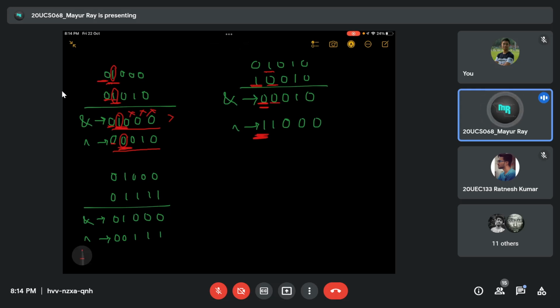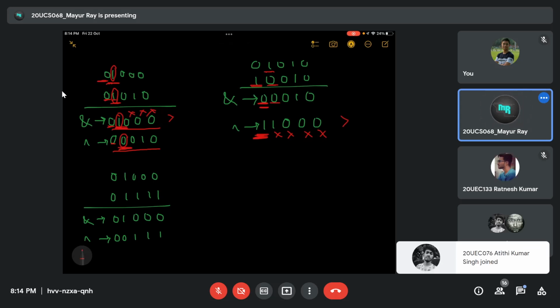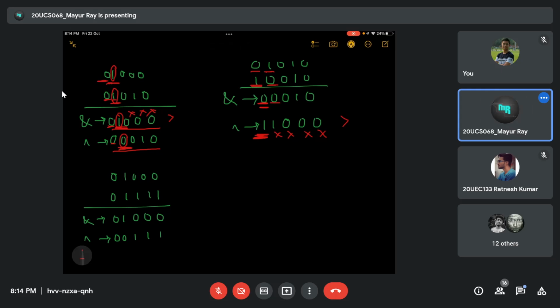So I can neglect the remaining parts, because they are not significant. Here you can see that the XOR value is greater. Since the first occurrence of 1 is in different positions, the AND value becomes 0 and the XOR value becomes 1, and as the XOR value has 1 in the most significant bit, it becomes greater.